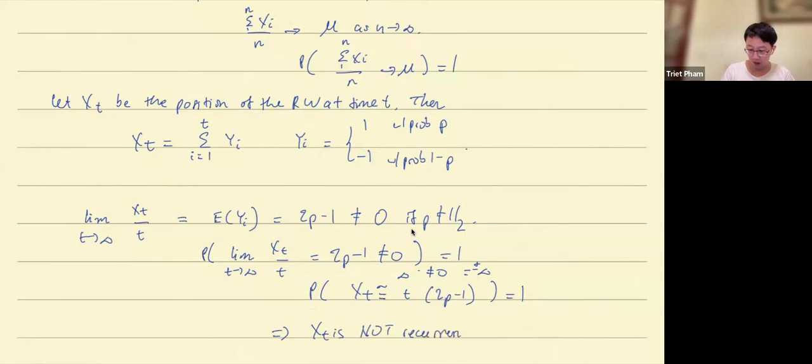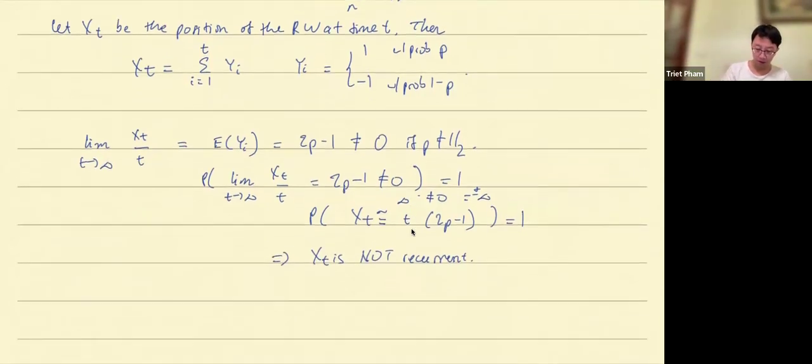Why? Because if it's recurrent, that means it must revisit any state infinitely many times. Do you understand? If it's recurrent, then it must revisit state zero infinitely many times. That means that even as time goes to infinity, you should see that the state itself takes on value zero